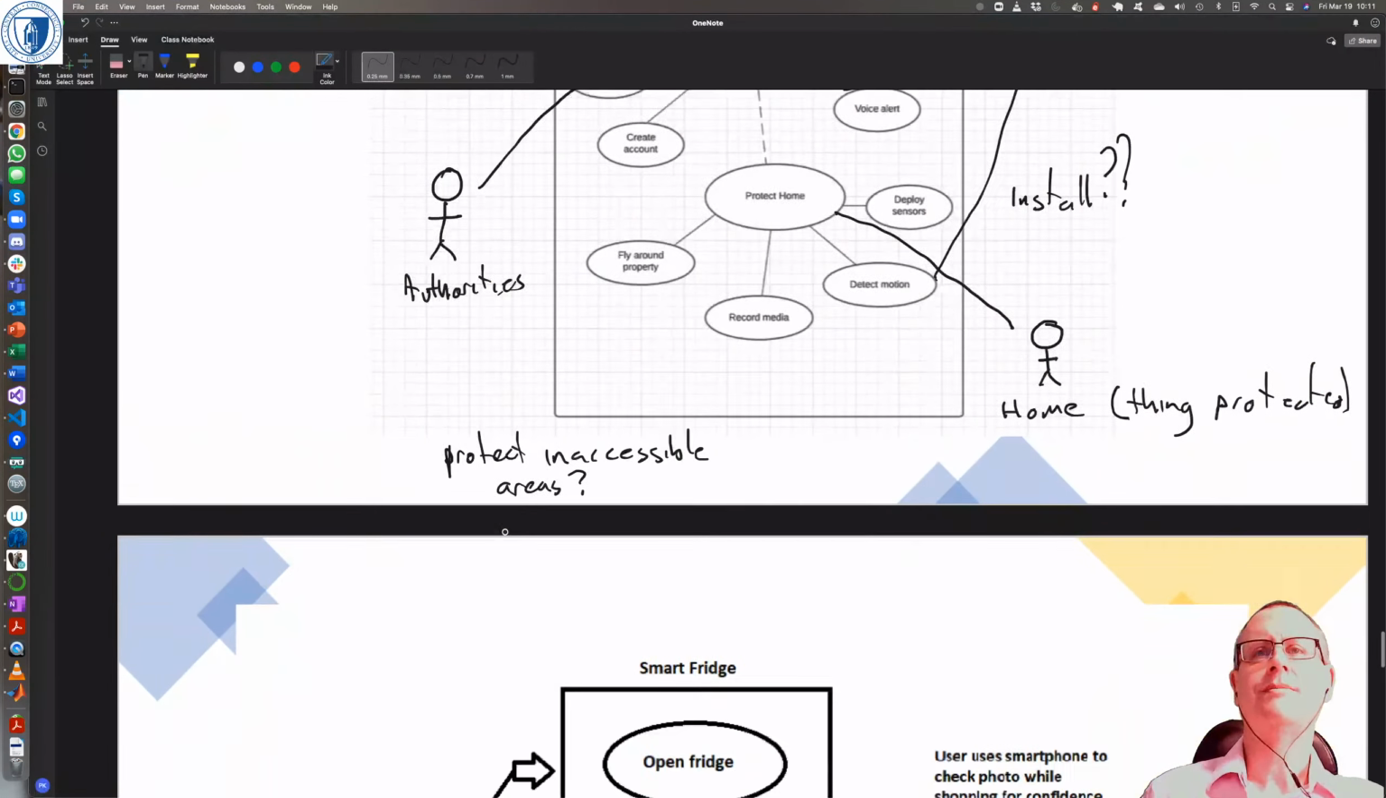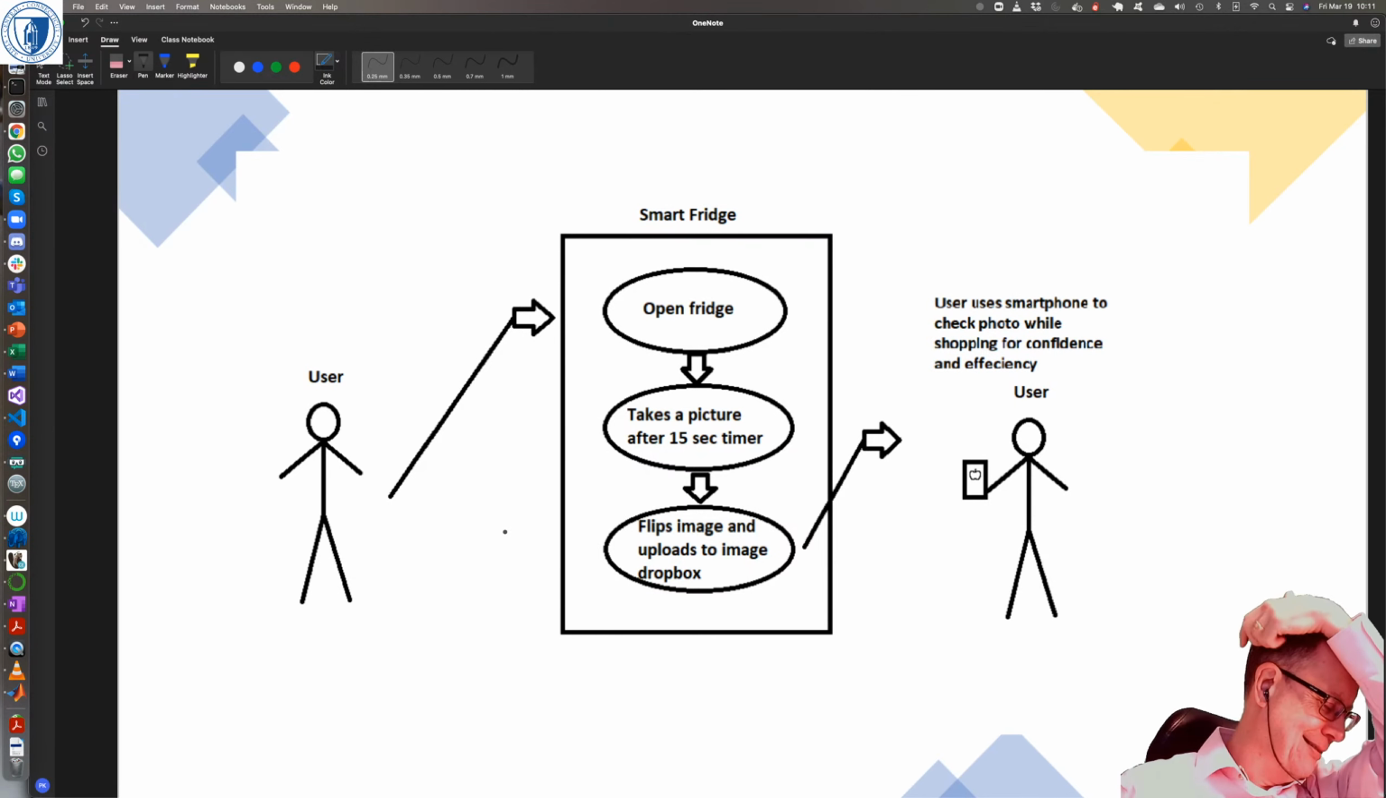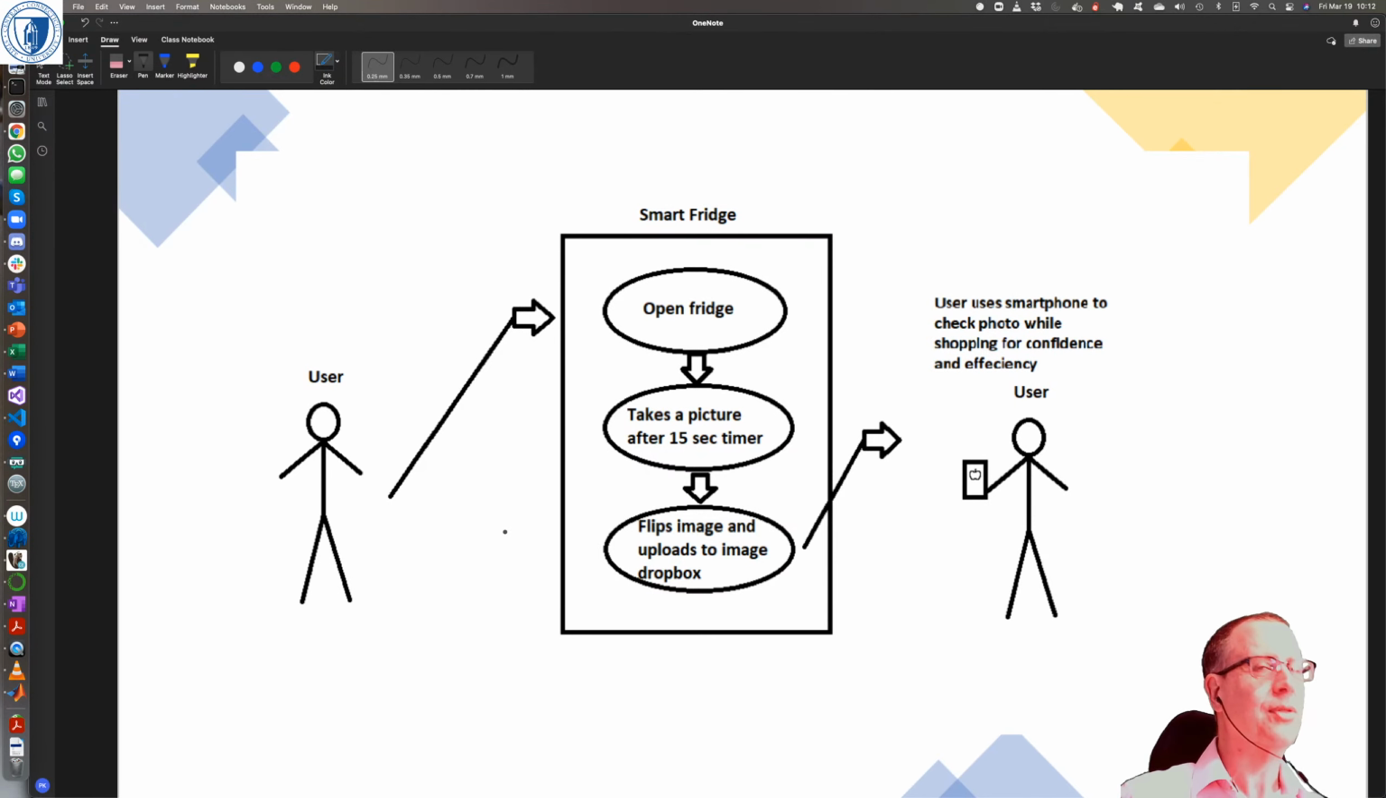Okay, so next is the smart fridge, right? I think this needs quite a bit more work, and there's a few things that a lot of people do when they first come across use case diagrams. Use case diagrams by themselves have no sequencing associated with them, right? So this is obviously a sequence of things, and the piece of use cases that I didn't tell you about,